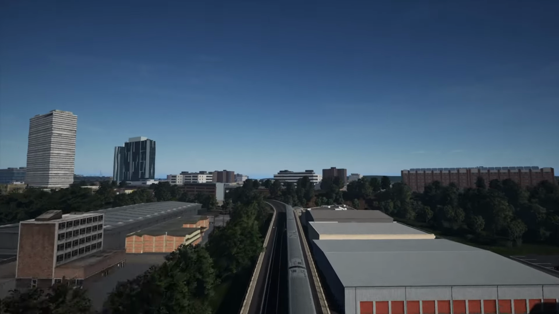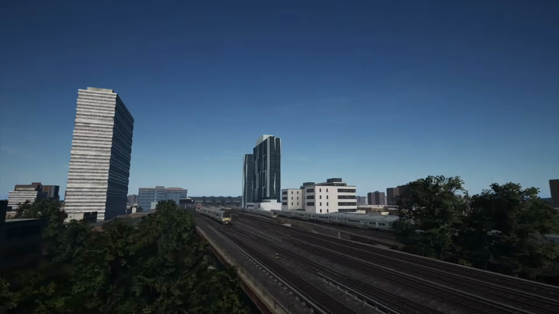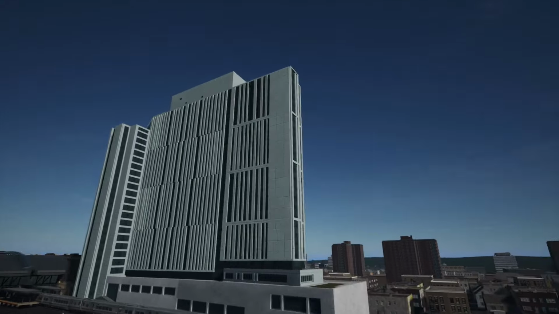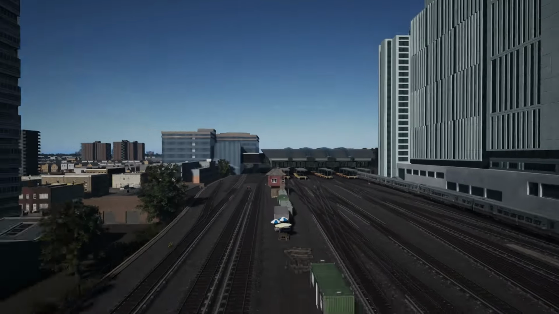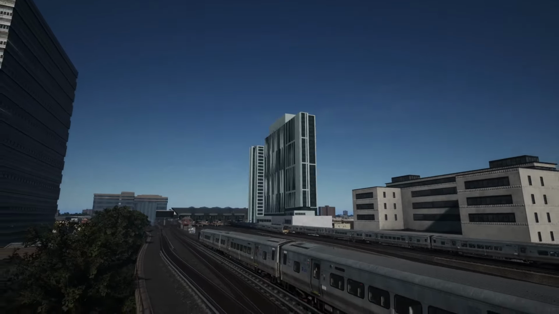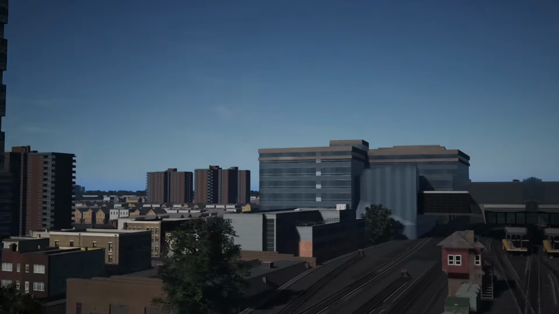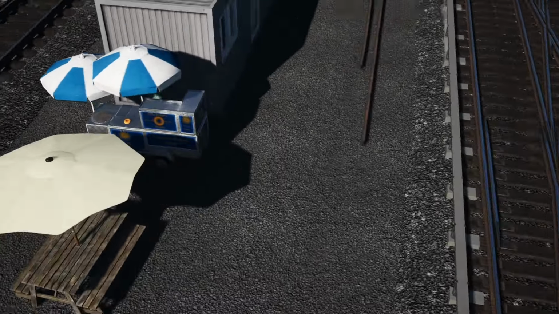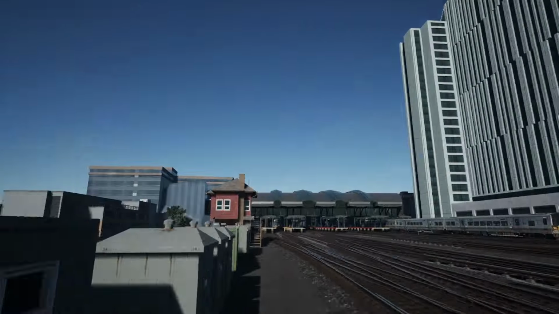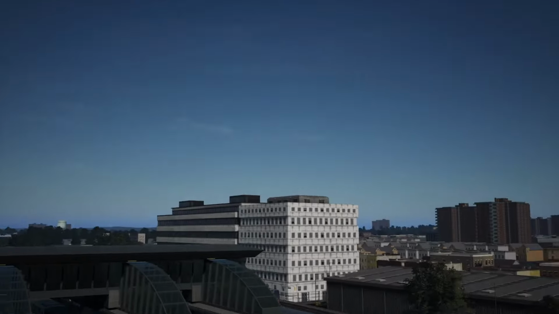I'm not going to look all over the map. They've said that they've updated a few things. I think they updated some of these buildings through here, like that. I don't recall that, but the LOD, or the level of detail on it, is absolute shit. When you kind of get away from it, you see how it does that. Yeah, that's just a Train Sim World thing, sadly. Some random ass bagel, Billy Bongo's bagels. Yeah, I don't know why that'd be there. And then that way is New York Penn,